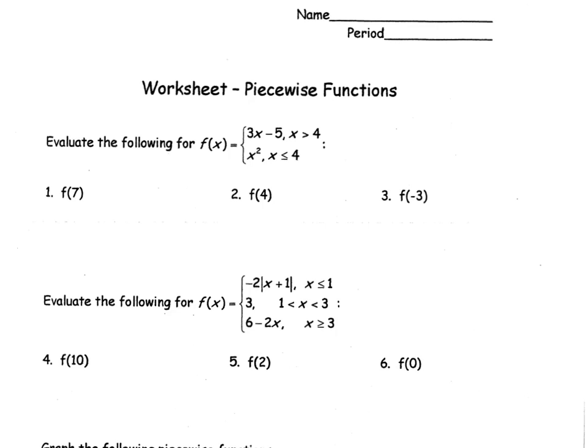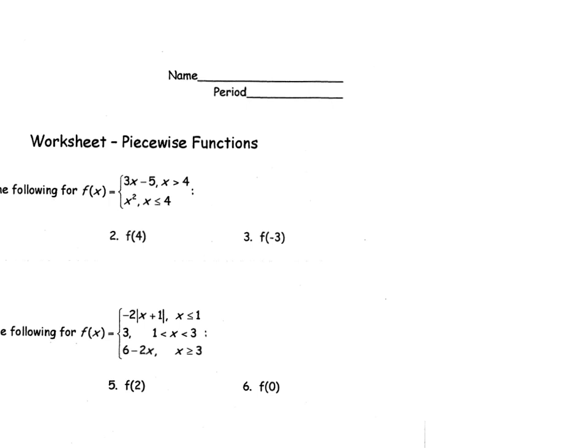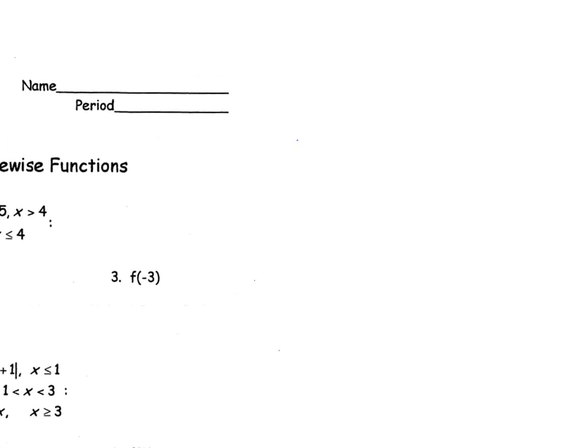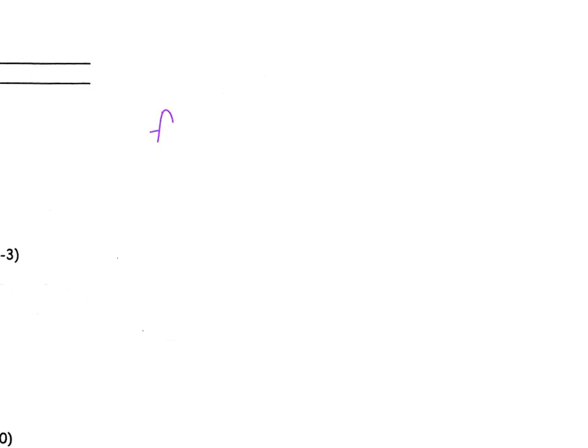All right, so we are going to start talking about piecewise functions. A piecewise function is when you put two or more functions together on the same graph. What I mean by that is, say, I'm just going to go off on a tangent a little bit, but say you have a piecewise function that looks like f of x